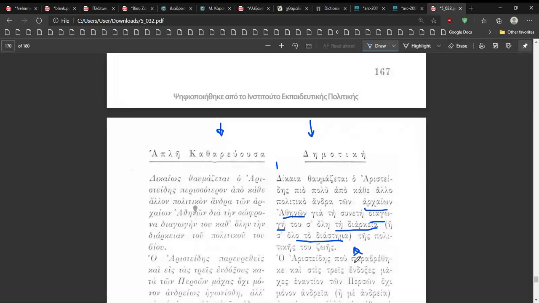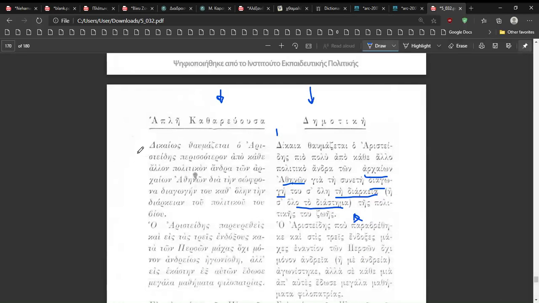Okay, before I say more, let's have a look at the Katharevousa text. Δικαίως θαυμάζεται ο Αριστίδης περισσότερον από κάθε άλλον πολιτικών άνδρα των αρχαίων Αθηνών δια την ισόφρονα διαγωγήν του καθ' όλην την διάρκεια του πολιτικού του βίου. One thing that really stands out, especially when you listen to the text, is this final N, which is pretty hard to pronounce because in modern Greek,